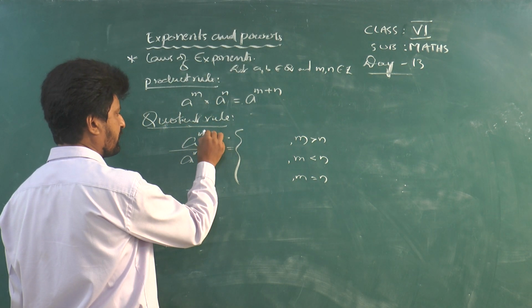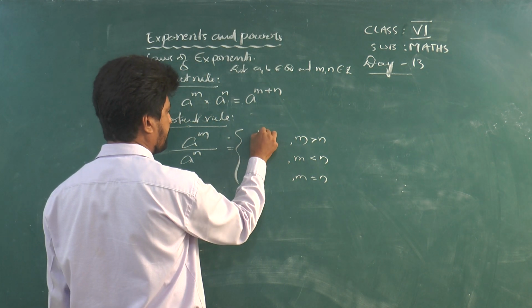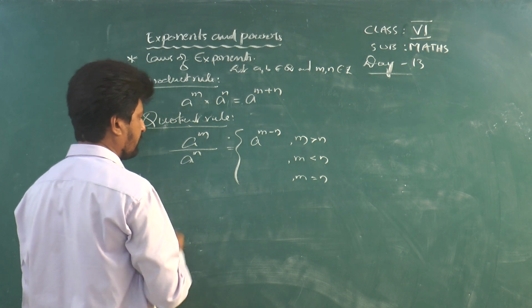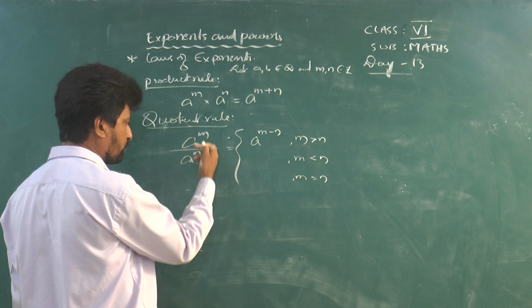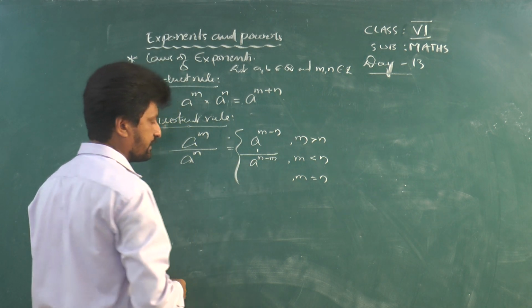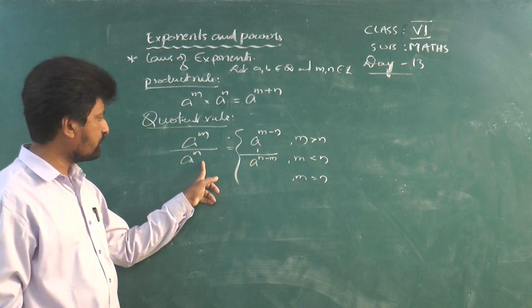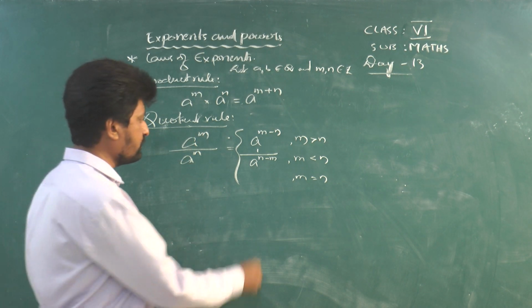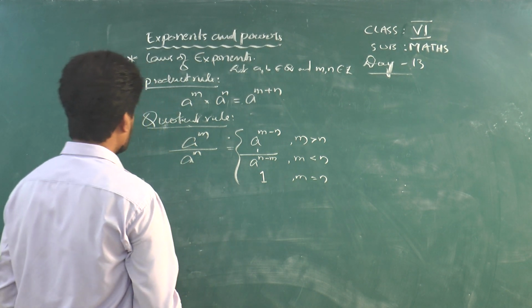If the exponent in the numerator is more, we take a to the power of m minus n. If the denominator exponent is more, then the numerator goes to the denominator: 1 divided by a to the power of n minus m we get. If both the exponents are equal, numerator and denominator must be equal, we get 1. Okay, and next,